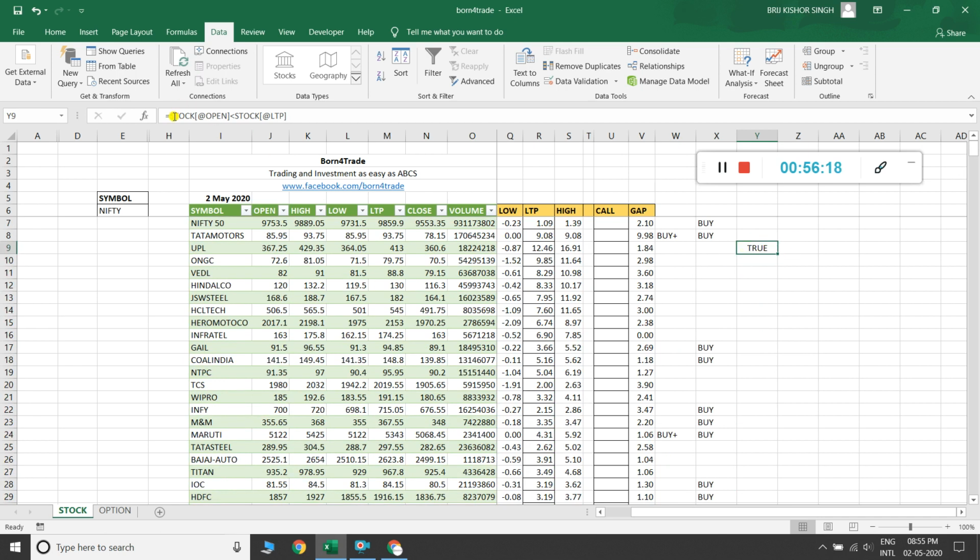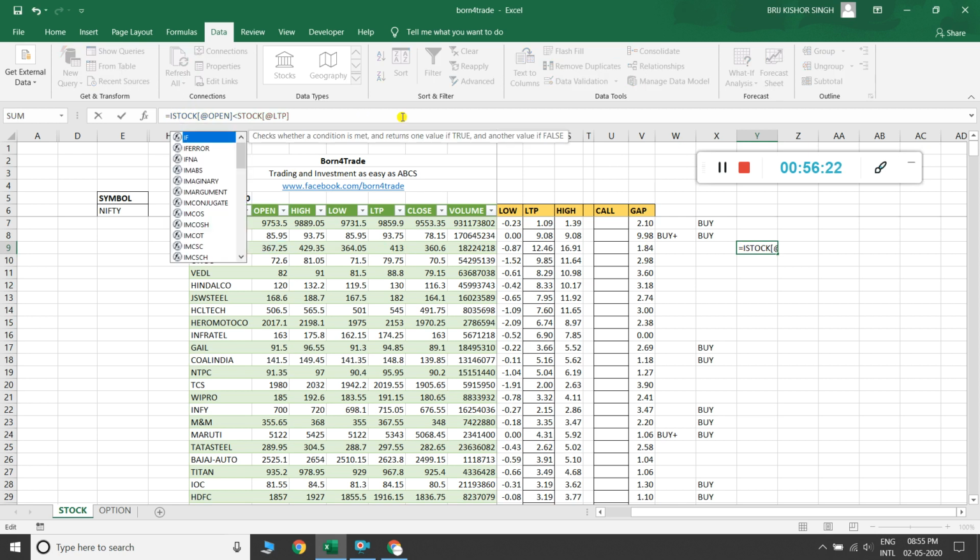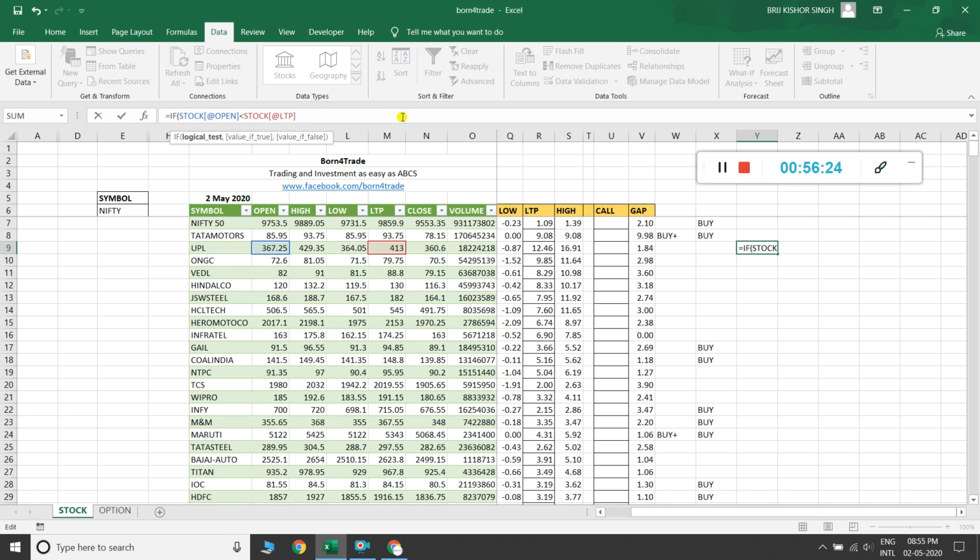So I take advantage of this by applying an IF function and start the bracket and click here, comma and double inverted comma, double inverted comma, and close the bracket, and here it appears nothing, and here I put B and hit the enter button and it appears like a B signal.